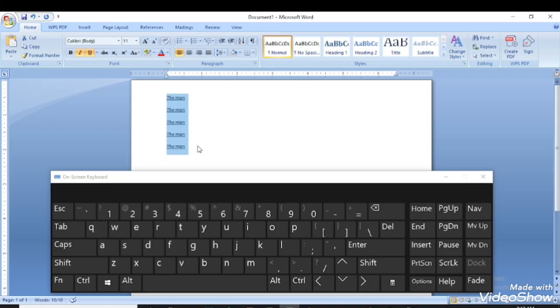Now I move to option C, which says Ctrl plus B. Now I can prove to you that this option is the correct answer. Now let's prove it. I'll press my Ctrl, then press B. If you notice, this particular option has made my text bold, that means Ctrl plus B is